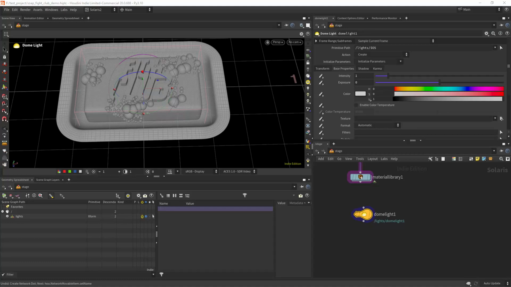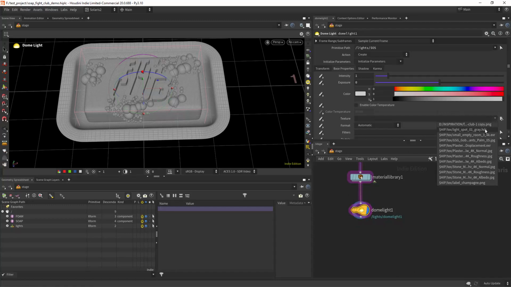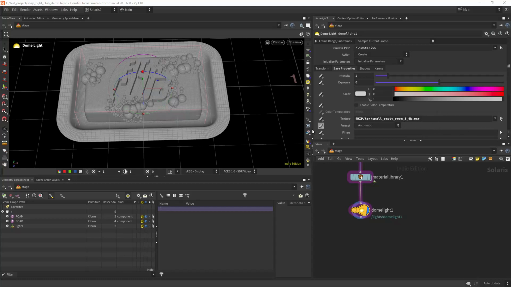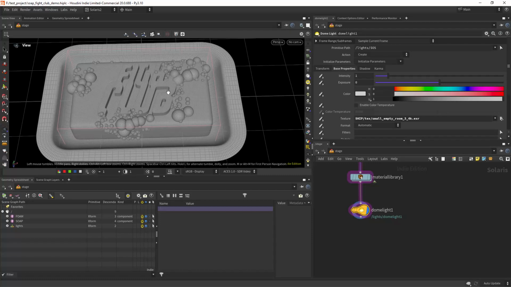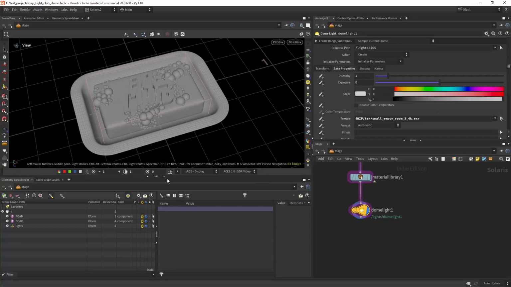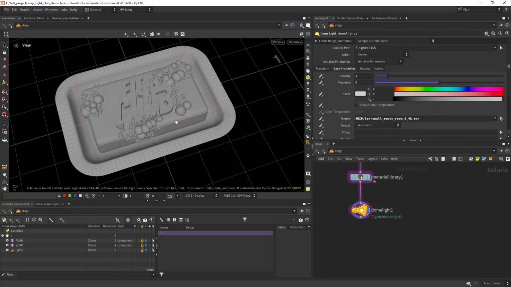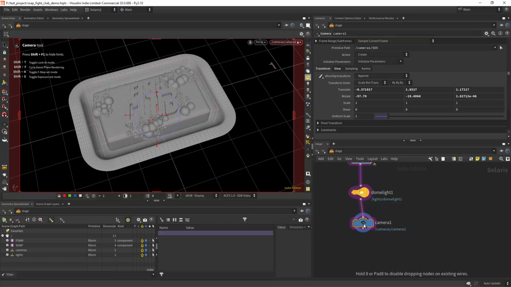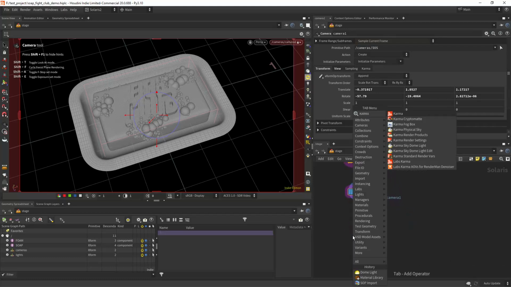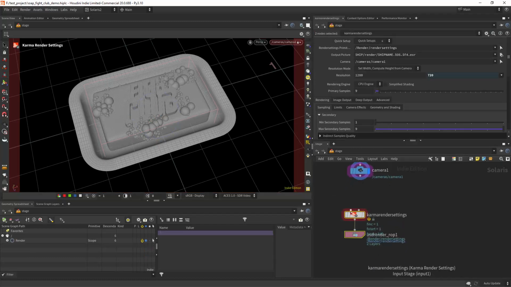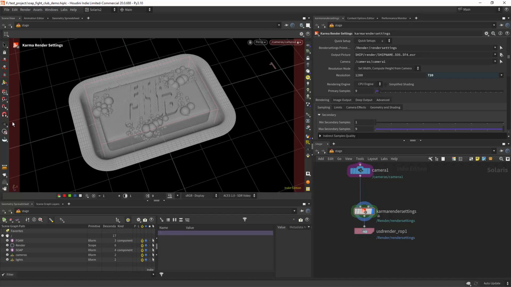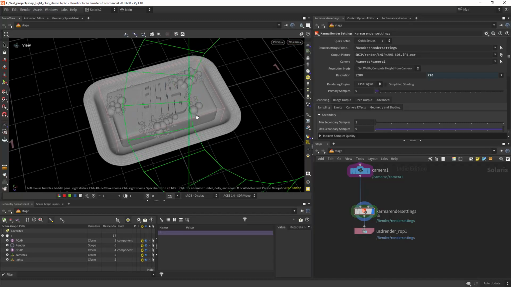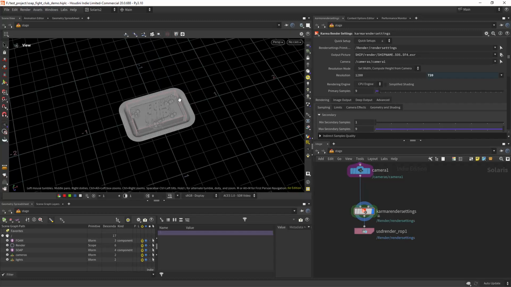We will do some custom lighting, but for now let's use this one from Polyhaven. We can also create a camera, so something like this, and create a new camera, and Karma renders Karma. It will create the render ROP and the Karma render settings. So let's remove the visualization of the camera,